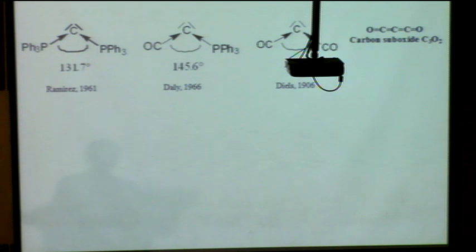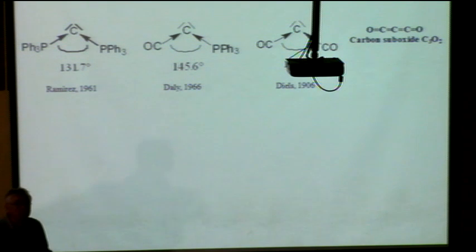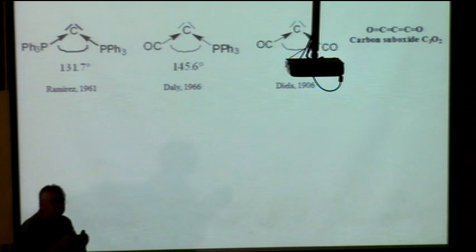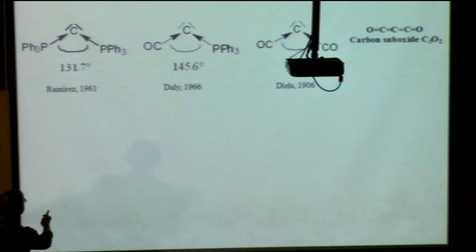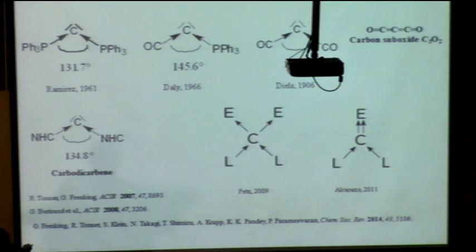Well, with this knowledge, we started with the carbon chemistry and looked for predictions, something new. And we have realized that phosphines, which came from transition metal chemistry, are similar ligands as N-heterocyclic carbenes, which were introduced by Arduengo. It should be possible to substitute a phosphine by a carbene. That would give a carbon-carbon donor-acceptor bond. And that was published by us and predicted in 2007, carbodicarbene.